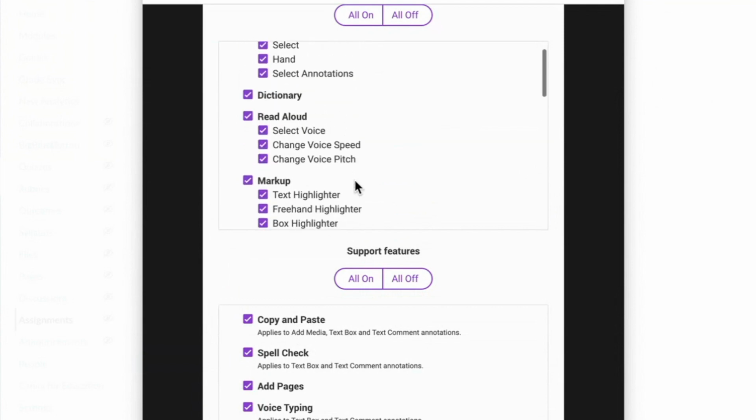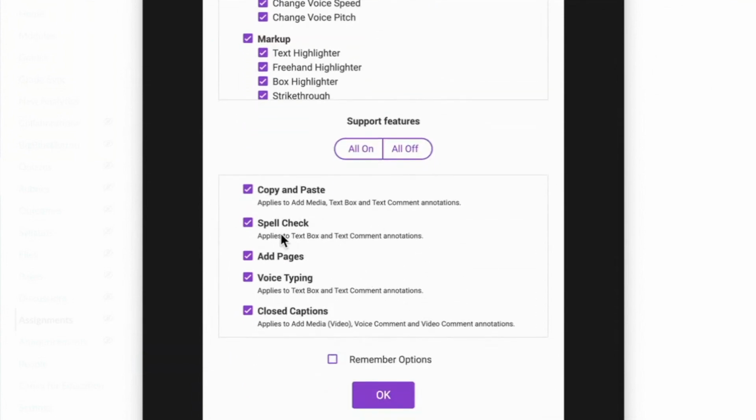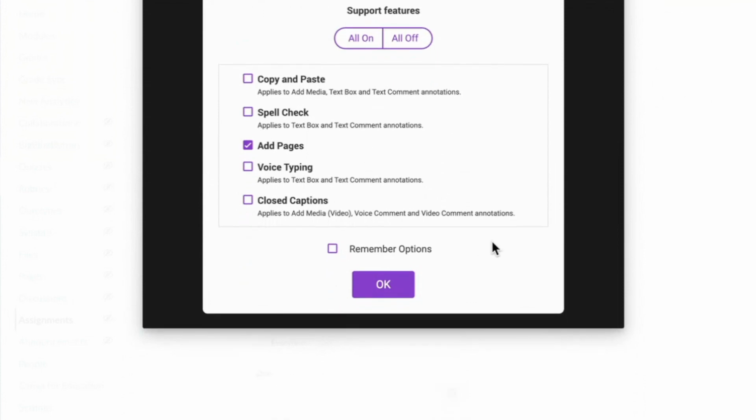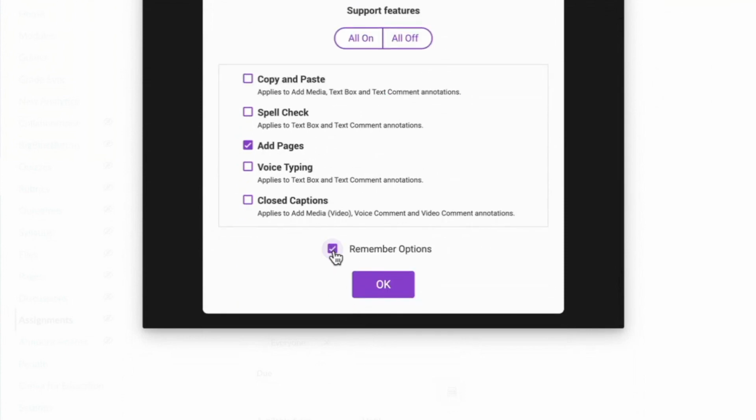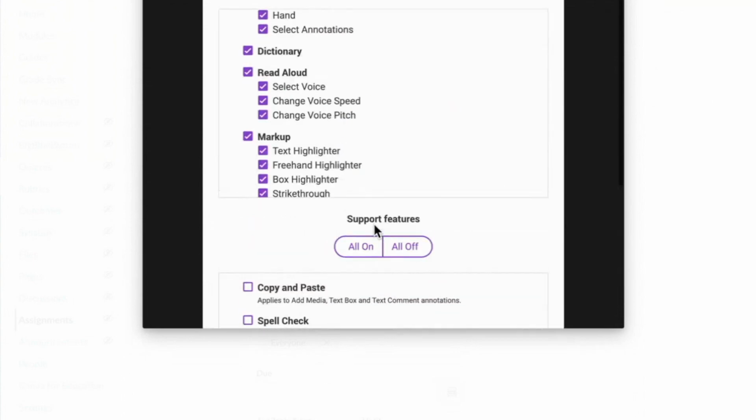So now they can only do these things. Plus, you can also do just like the assessment mode: turn off copy and paste, spell check, closed captions and stuff, whatever you want to help make the assignment however you're doing it for whatever reason. If you want everything locked down, you can. If you don't, if you just want a few here and there, it's great. And then you can also choose to remember that if you want to default your different options for that lockdown